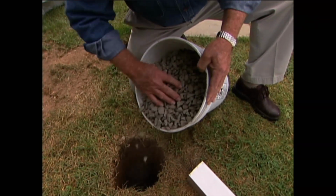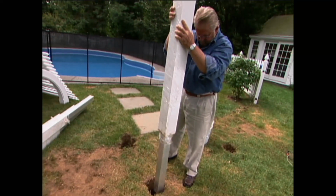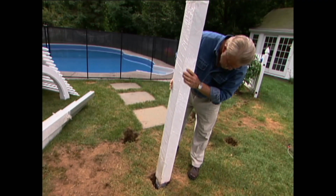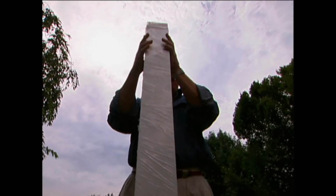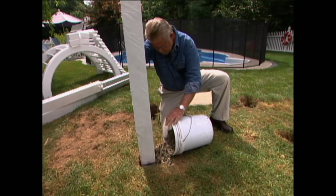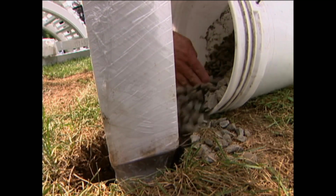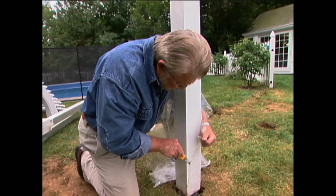I like to put a couple of inches of rock in the bottom of the hole for drainage. But more importantly today, to give me a movable base that will allow the post to be readjusted downward with a simple twisting action. Once I have the post at roughly the correct height, I fill the hole about 1/3 full with more rock. At this point, the post will support itself, so I remove the protective plastic wrap